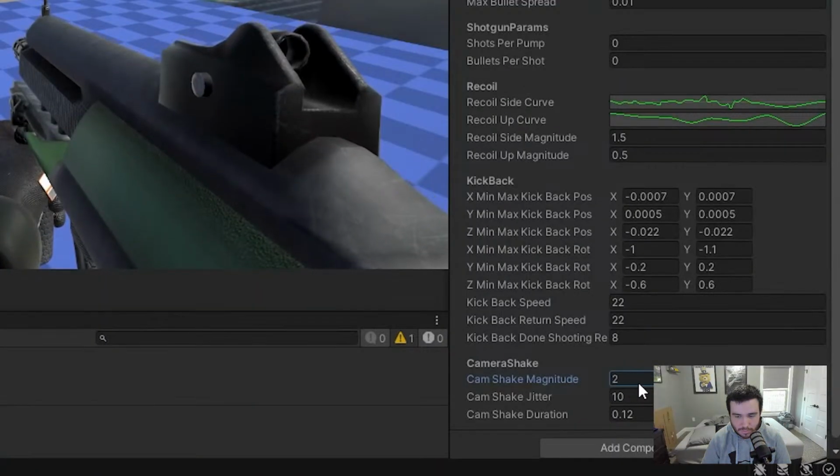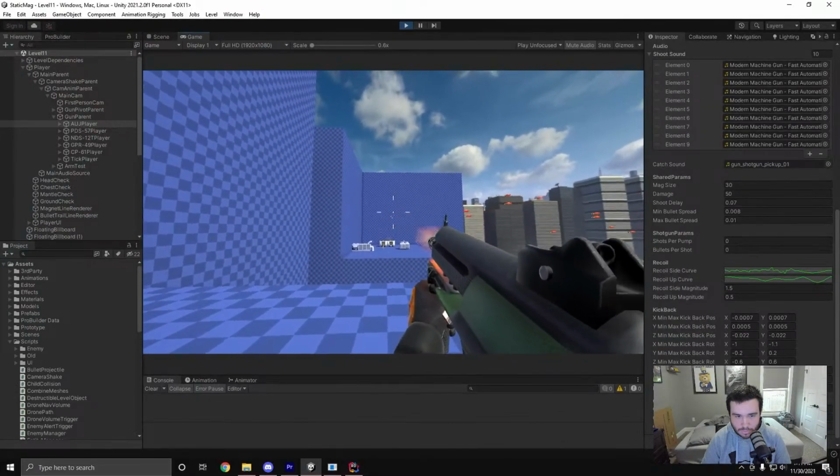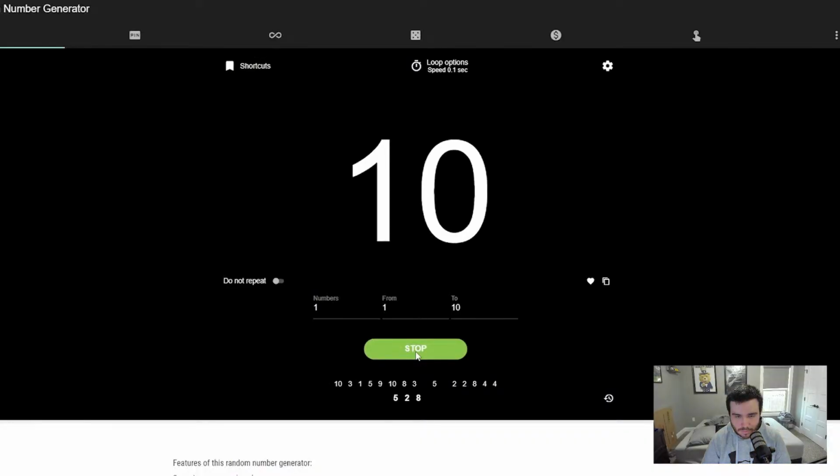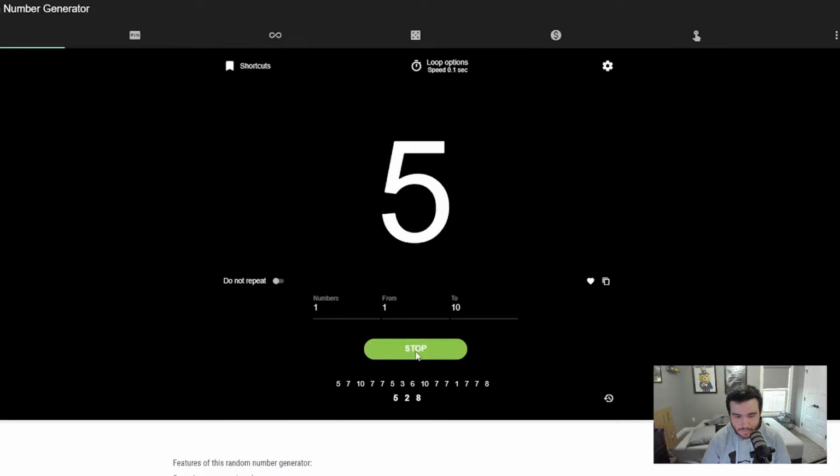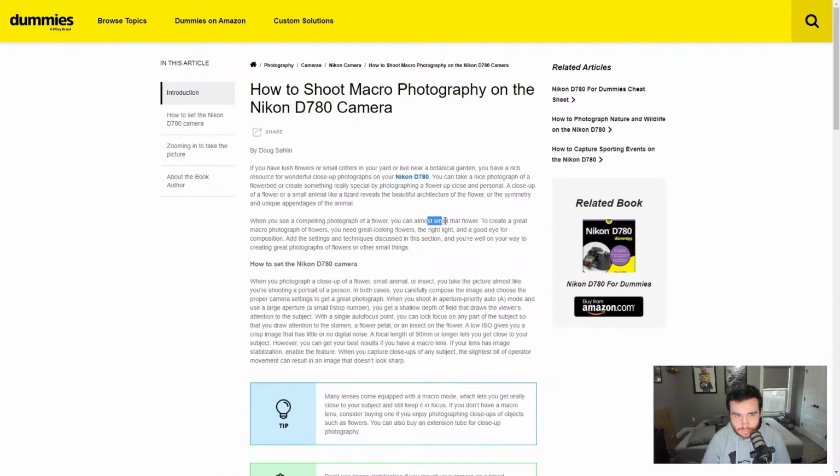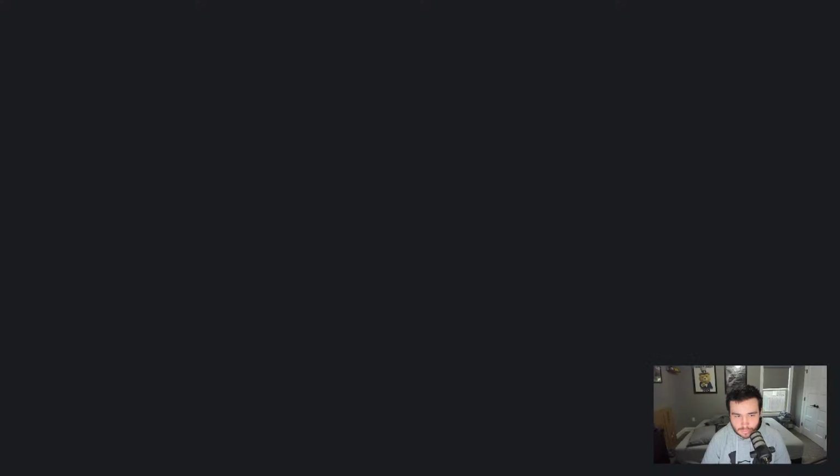So an increase in the camera shake was just too chaotic and would give me a mild headache. The reason it was all jerky was because I was just generating random numbers to rotate the camera, which isn't ideal. But after doing a bit of research, I found that a lot of people sample Perlin noise in order to get smooth camera shake. And the reason this works so well is because Perlin noise is random, but